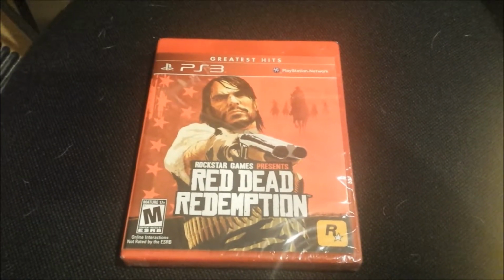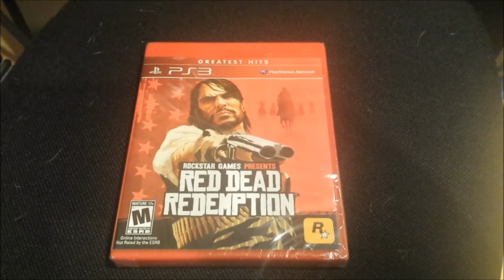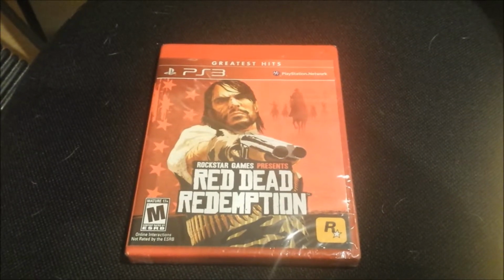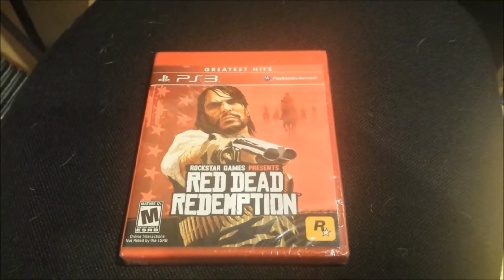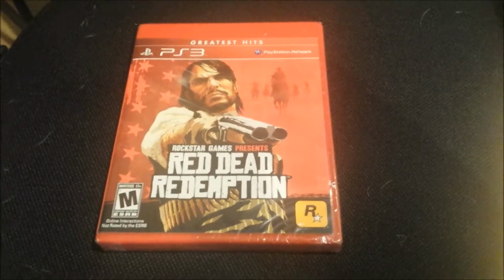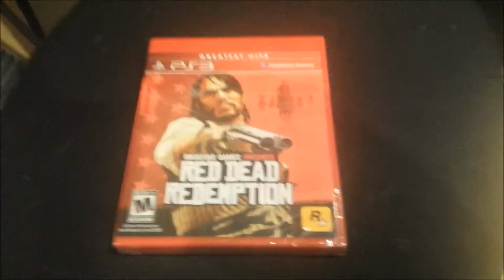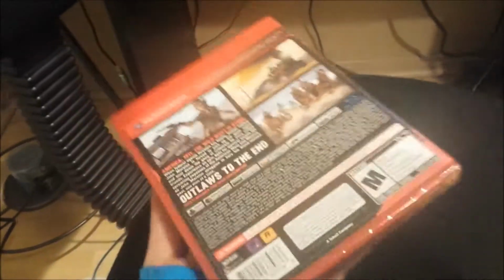That's right. Red Dead Redemption. The greatest hits version, which doesn't change anything. I paid only $8 and change for this thing, brand new. As you can see, it's still wrapped in the shrink wrap, and this game is gonna be awesome. It's actually pretty heavy, so I don't know if they put a map in it or whatever's in here, but